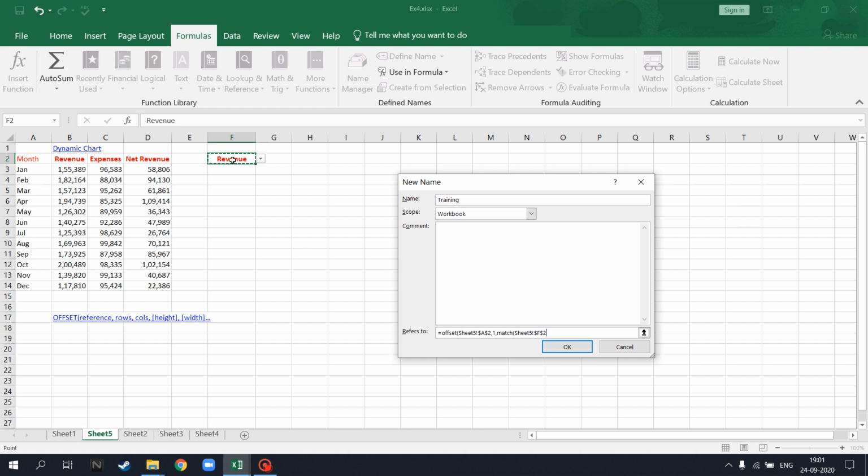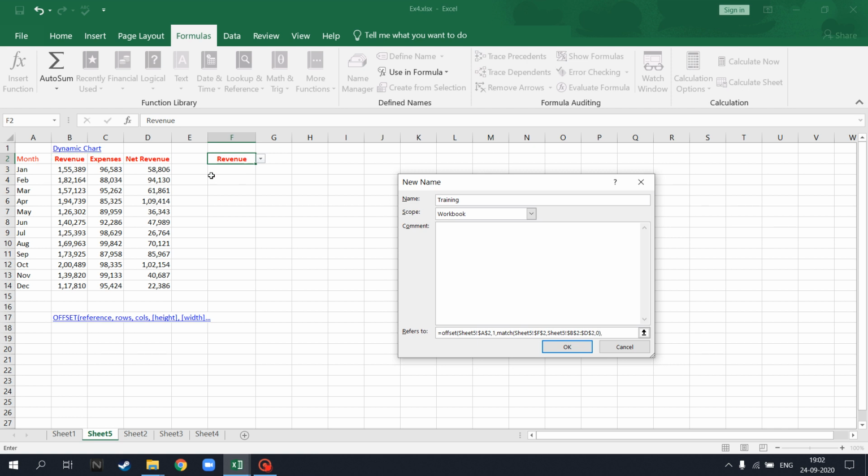So we take a match function here. We click on this. So if this is in the selected cells, in that case our chart will get prepared. So we want to do an exact search, close this, then give comma.